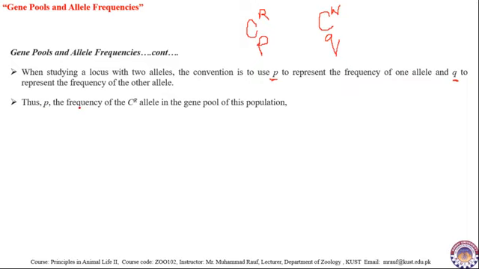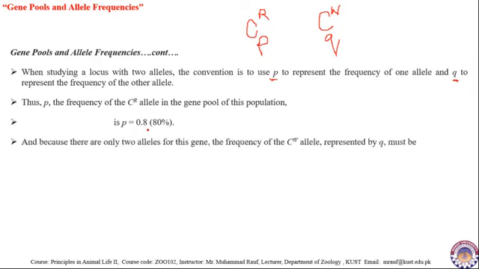Thus P, the frequency of this allele in the gene pool of this population, is P equal to 0.8, just calculated on the previous slide. And because there are only two alleles for this gene, the frequency of the other allele, represented by Q, must be 0.2. You can either calculate it with the formula, or you simply subtract it from 1,